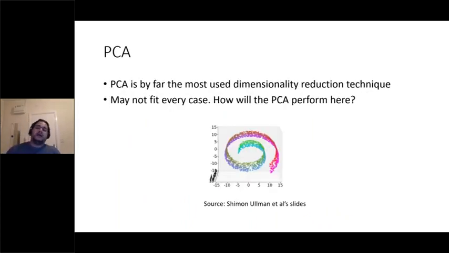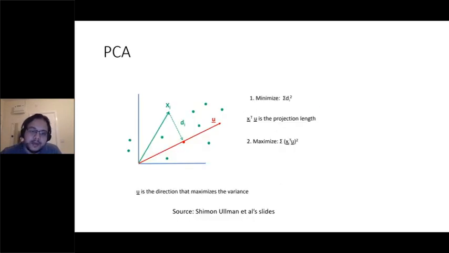Reda, I have a question. Can we detect outliers using PCA? Can we detect outliers? You mean outliers? Yes. If, for example, we have a point in here, and we want to use a PCA to detect if it is an outlier or not. Yes. Generally, yeah, that's a good question.